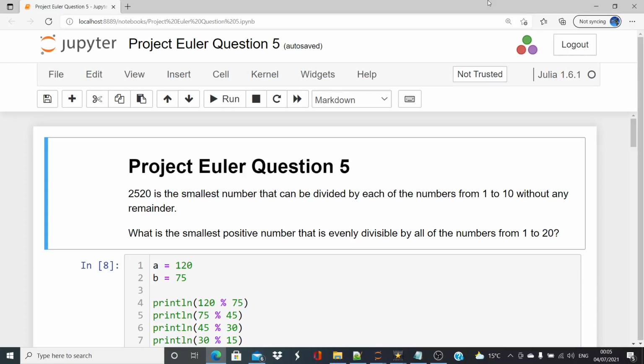Okay, in this presentation we're going to look at a Project Euler question. This is question 5 from the set. This is a series of exercises that encourage students to develop their programming skills and their mathematical programming skills. We're using Julia version 1.6.1, as you can tell up here in the top corner, and we are using Jupyter notebooks. So the question is,